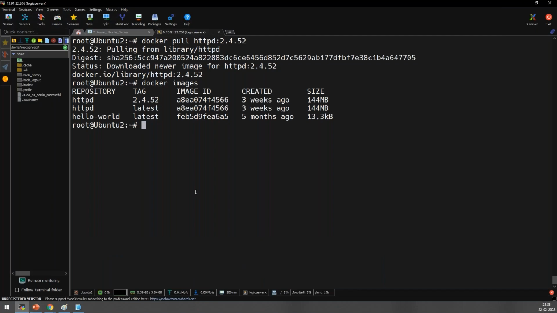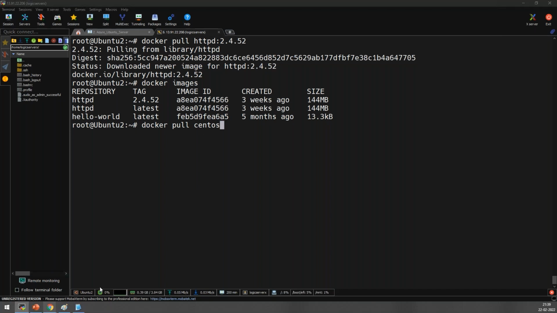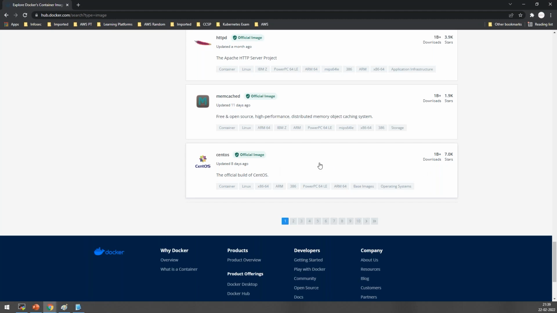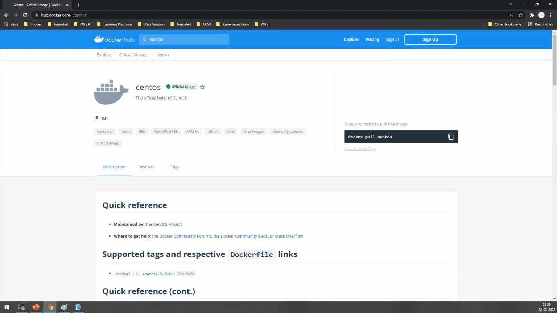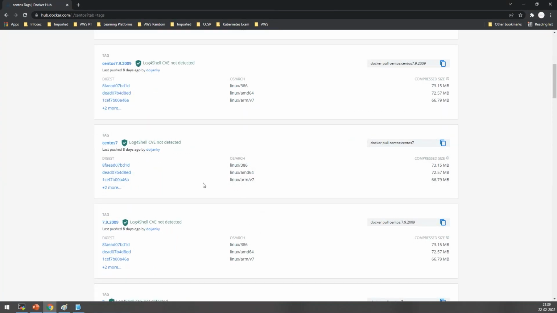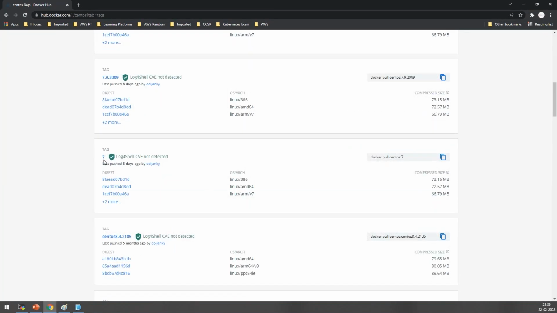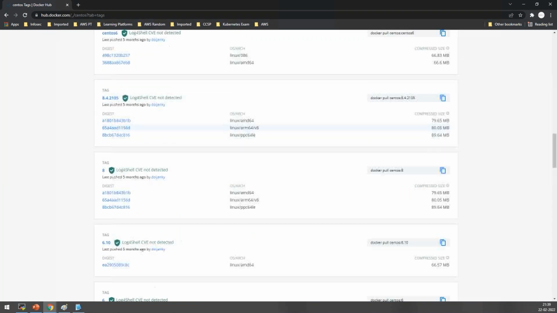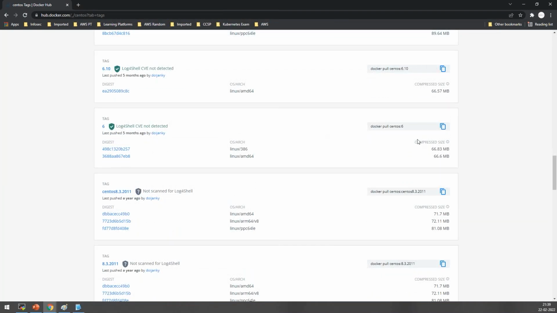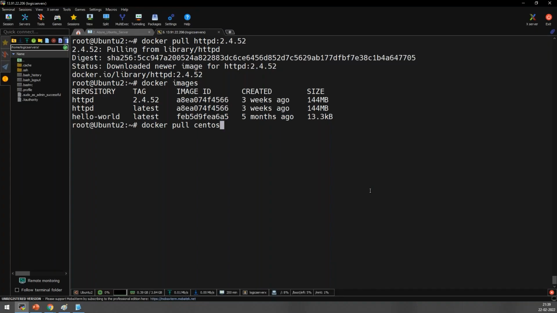So first of all, docker pull centos. You have not created a container now. You have just downloaded the image. If you type this, they will download the latest version. What if I want to download the previous version? Just click on this container name, and you can click on view available tags. Just use a tag like CentOS 7 or CentOS 8 point something. See, there are many things you have here. You can use any of the tags here. Just copy it and it will work. As of now, I want the latest version. So I click on enter.